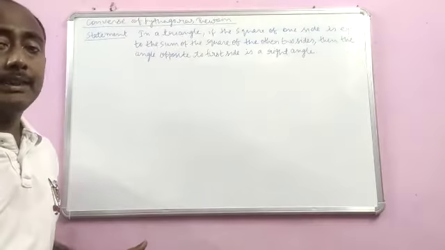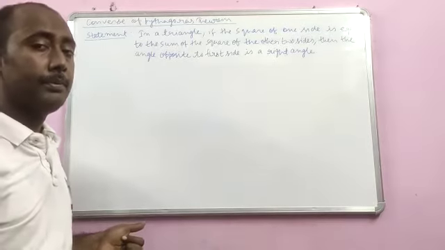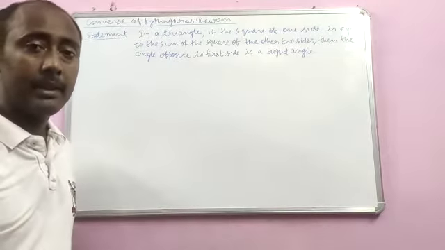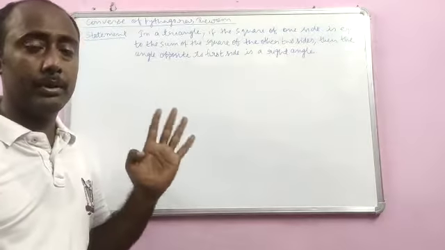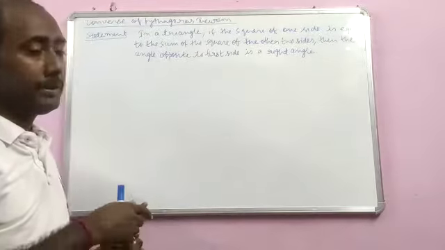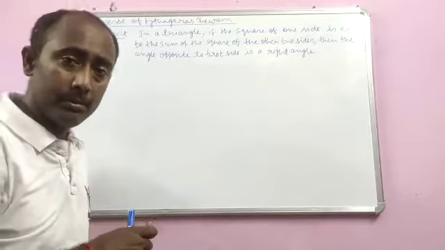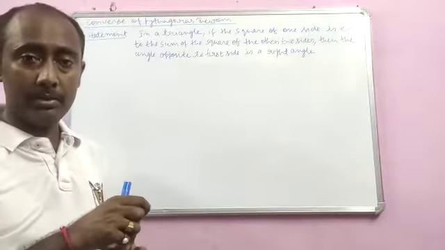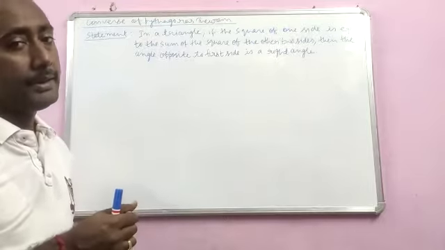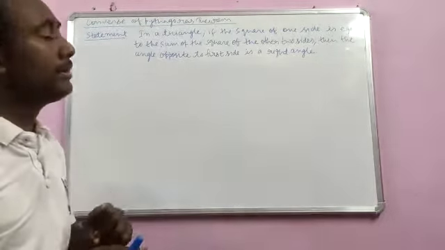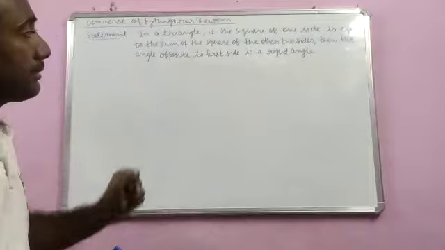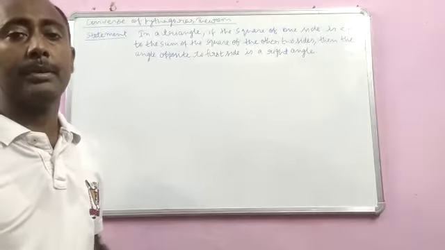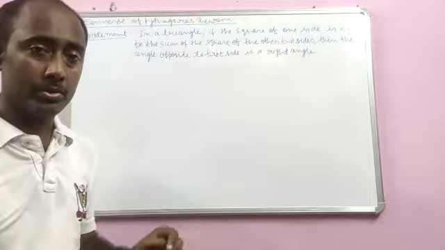So here we will see the last theorem from the chapter triangles. In chapter triangles you have four important theorems. The first one was basic proportionality theorem or the Thales theorem. Then you went through the area theorem. The third one was Pythagoras theorem, and this is converse of Pythagoras theorem. So the last one from the list of the four theorems which you have to go through.